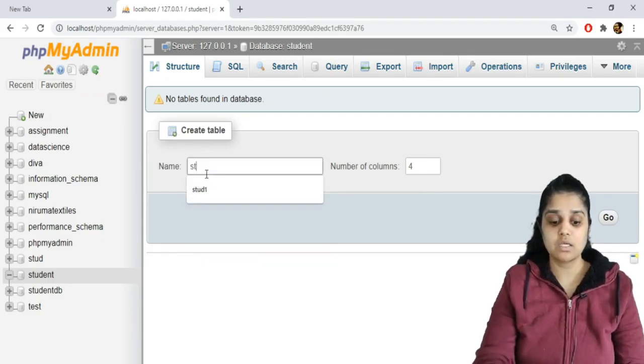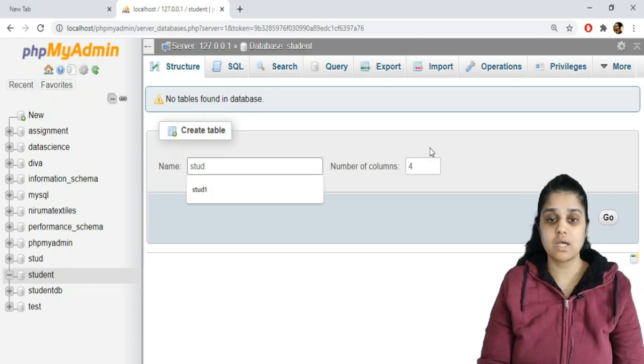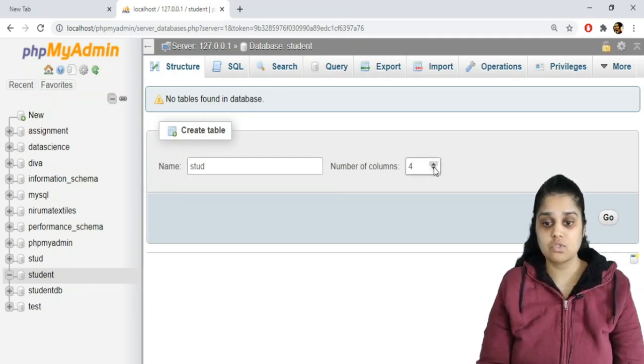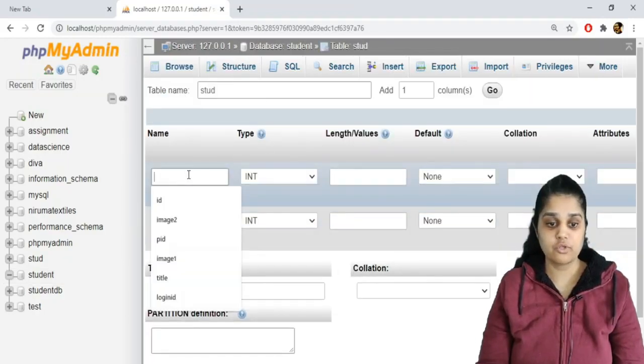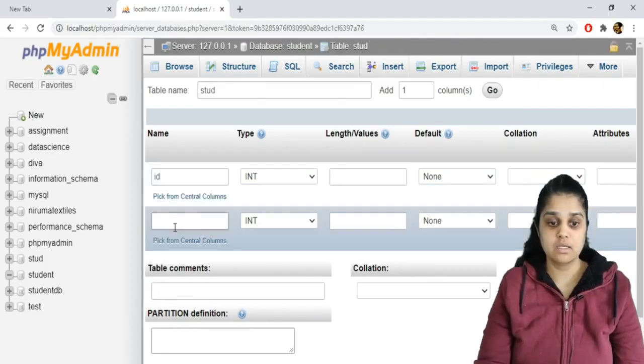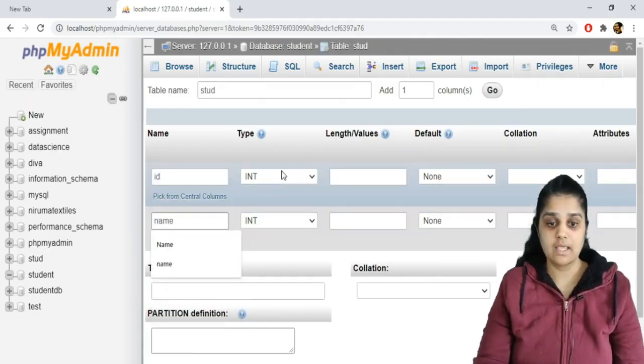So I am creating a table, say stud, inside my student database, which is having a total of 2 columns. My first column is ID, second column is name.